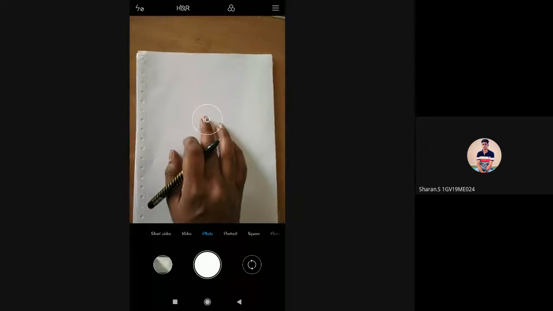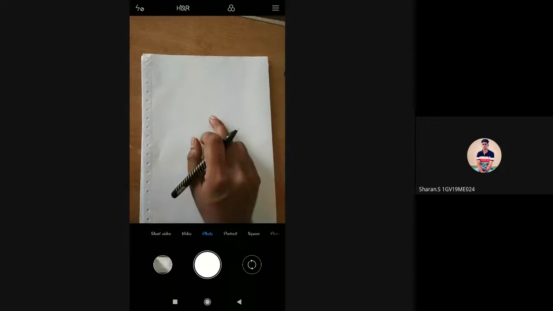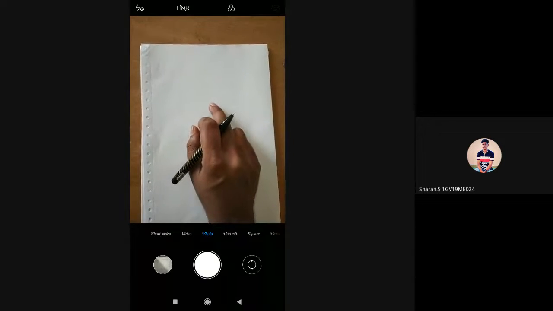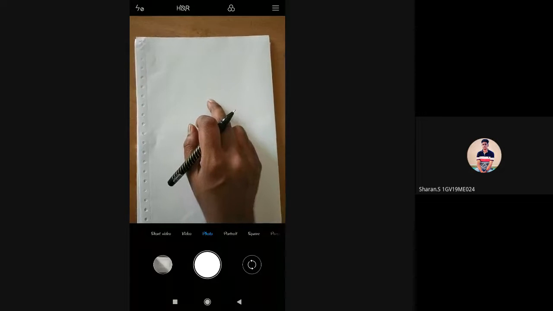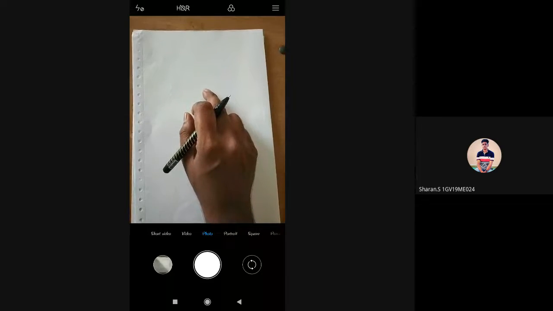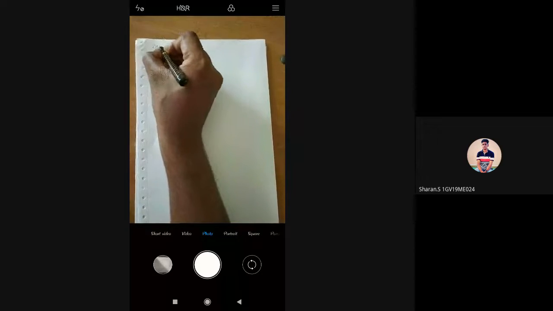A little bit it's going to shake, as I don't have enough instruments to hold the mobile, so I hold it in my hand. If there is any disturbance, you can tell me, or else I will adjust for the class. If you're not able to see, you can ask me.